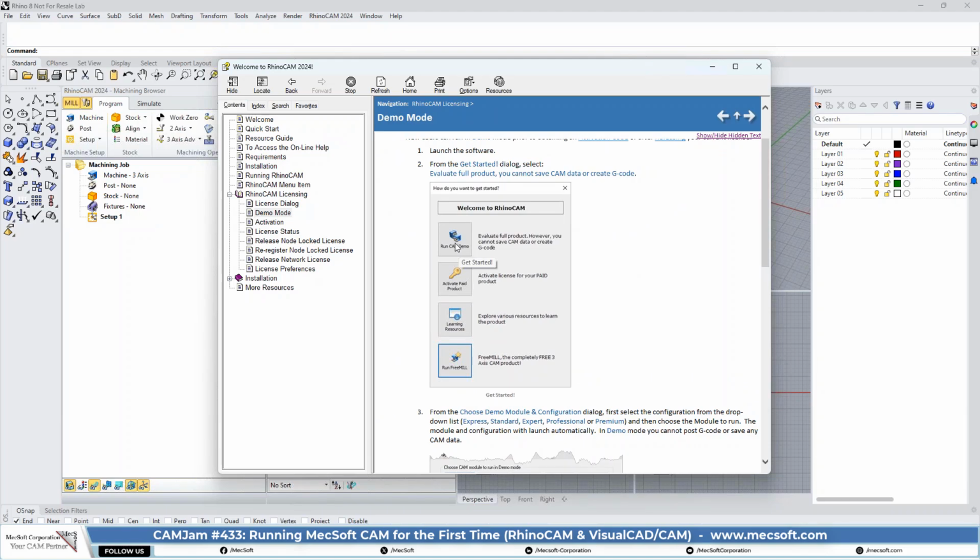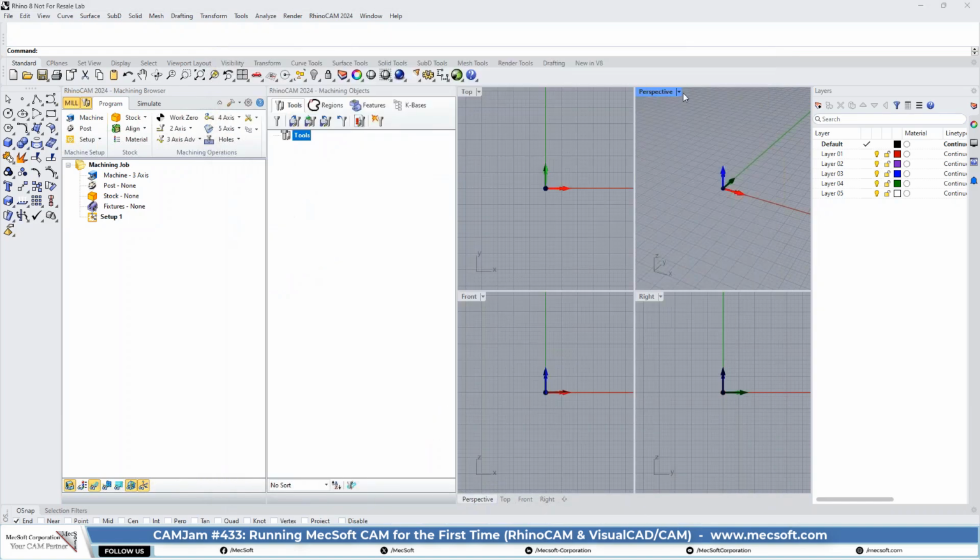I showed you the run demo, CAM demo. You can also, as I mentioned, use the activation button and go ahead and activate your product. There's another button here for learning resources, and I'll show you those in a moment. And then there's a free mill product that you can run for free, a very, very stripped down version of the CAM module.